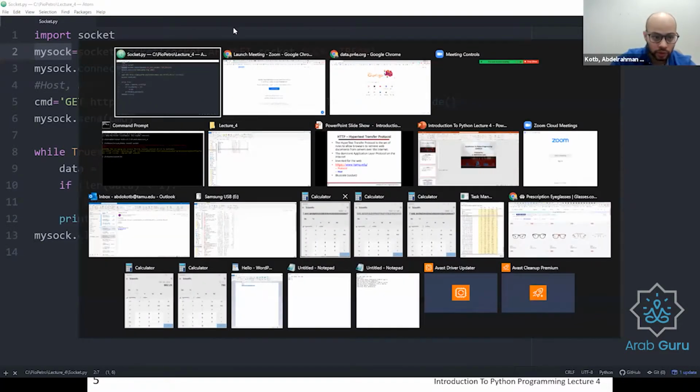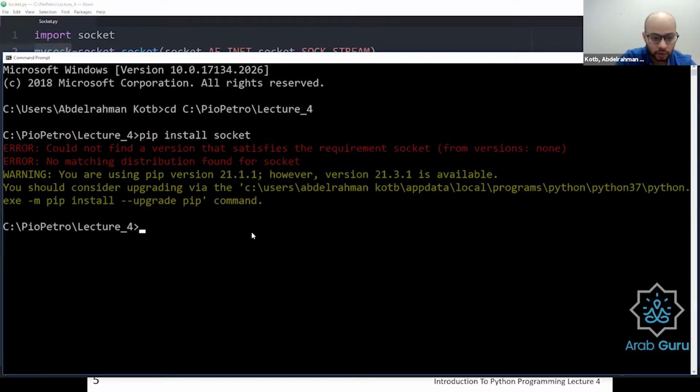So if I run this, it's trying to access the website, and I'm guessing it's not going to be able to, and as a result, it's not going to work.